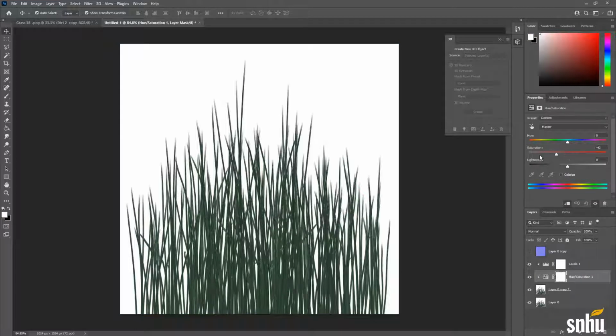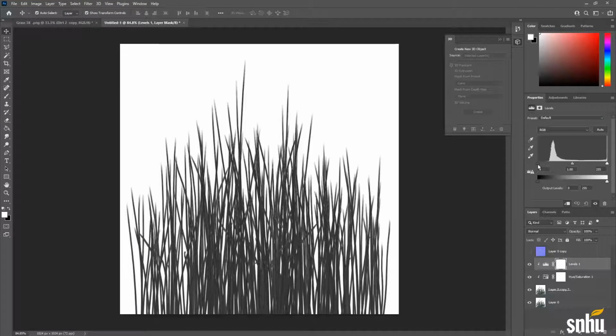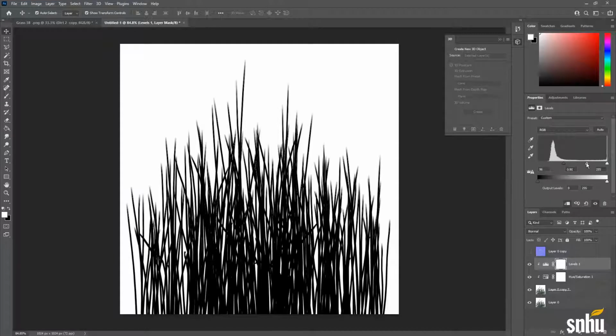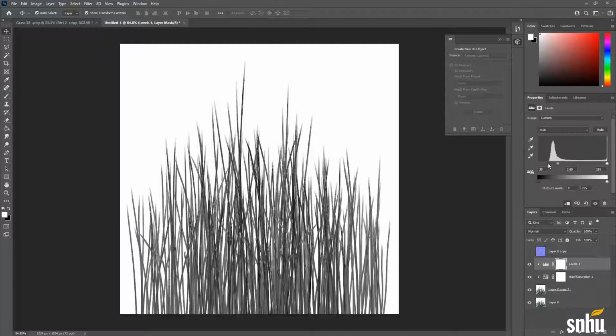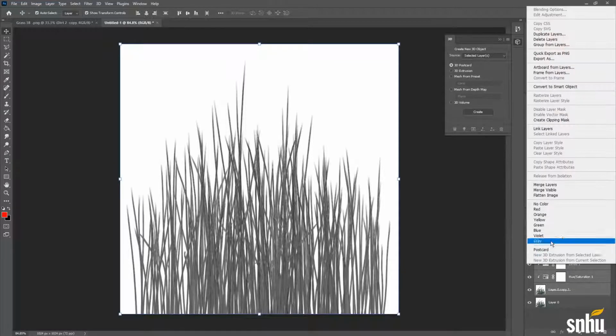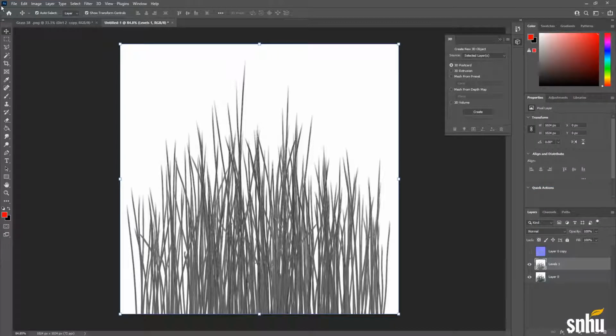So now here, I want to bring my saturation all the way down, and then come in here and adjust my levels. I'm going to adjust it until it looks good. So this is going to be my specular. So I'm going to merge all these.